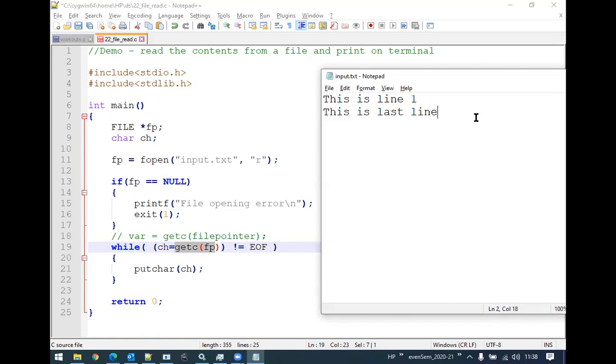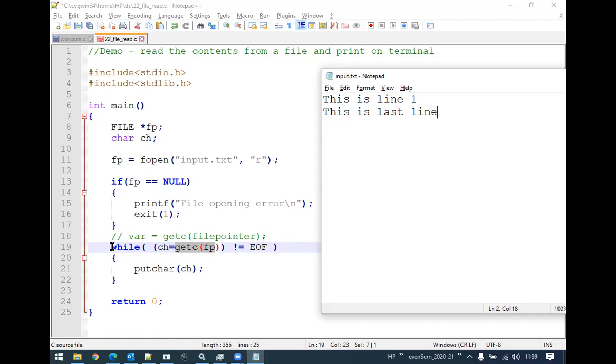Now, pay attention and see how it works. Now, getc will read EOF, that is end of the file, and which will get stored into ch. Ch means now EOF is there. Now, is that EOF not equal to EOF? Condition obviously turns out to be false here, right? EOF not equal to EOF, condition becomes false. Since the condition becomes false, it will not enter into the while loop. So the while loop will get terminated.